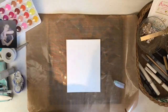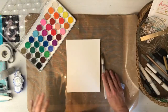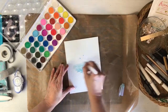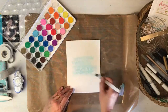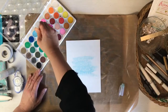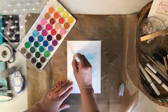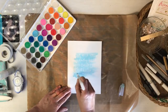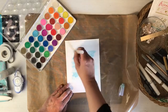So these watercolour papers are a really nice porous and thick page, and they have a dye resist type thing. As you'll see as I go over with some of the watercolour paints using the flat brush, you can sort of see it popping up, and at the end of this video you will be able to see a closer up shot of this and see some of the dye resist effect a bit more. But you can see that the brush has a nice rough effect on the paper as I sort of spread